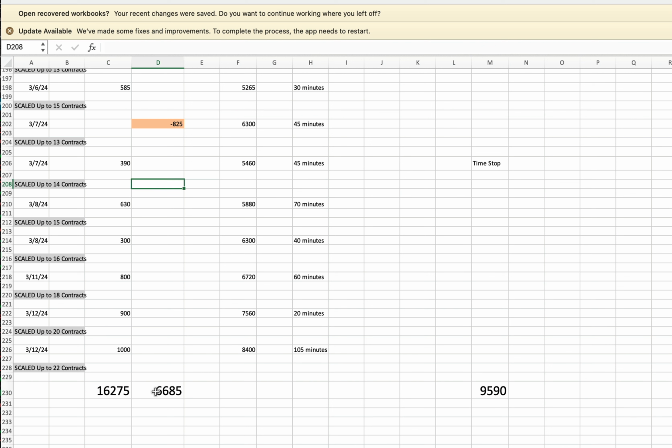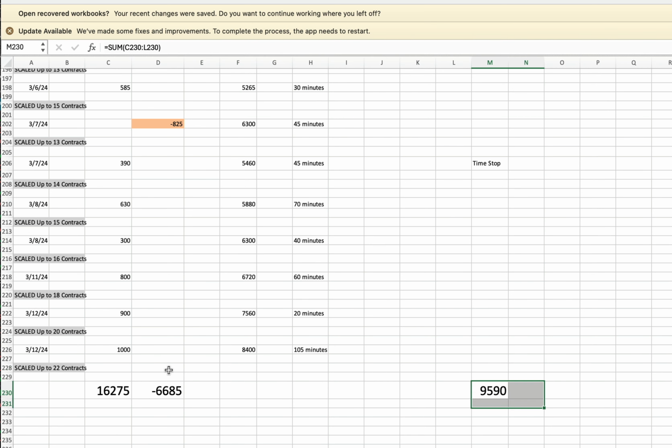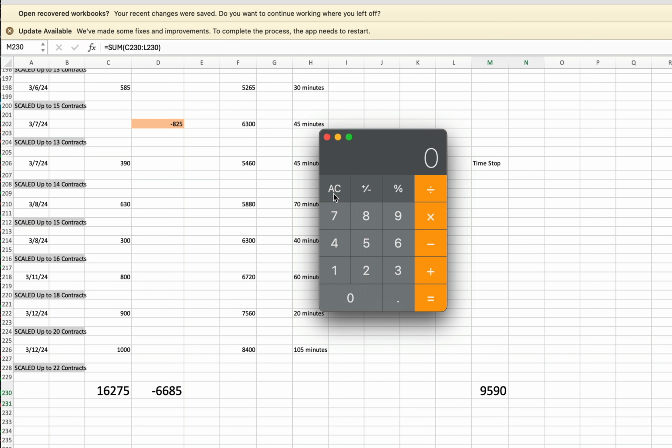The total losers, 6,685. And then when we combine them together, this is the total that was made. We subtract the losers from the winners, and we wind up with 9,590. So if we look at the return on that, we would say